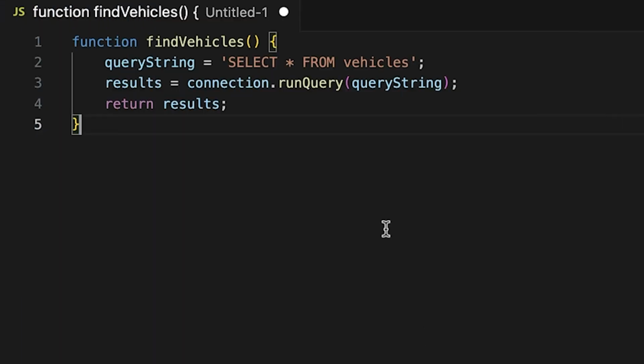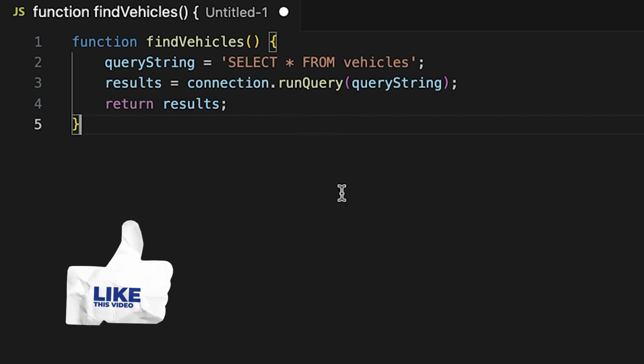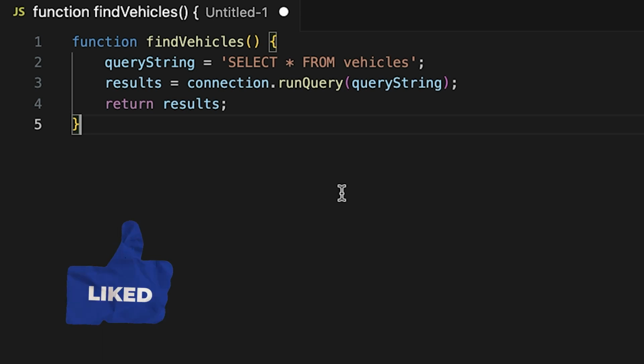Reason number 4 is that a select star query is hard to maintain. With a select star query, it's hard to read it and know what columns are being returned. If you're using it in application code, you don't know what the columns are called, so you can't work with them in your code. In a reporting tool, it's also harder to work with them. You need to take the extra step of looking into the table to see what the columns are called, which can slow things down and make the code harder to work with.